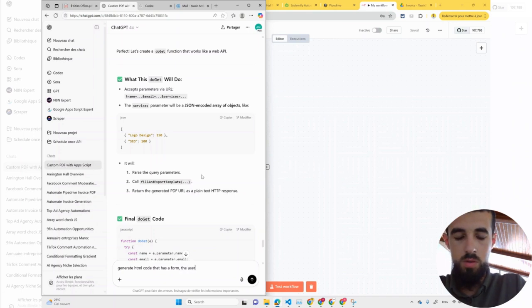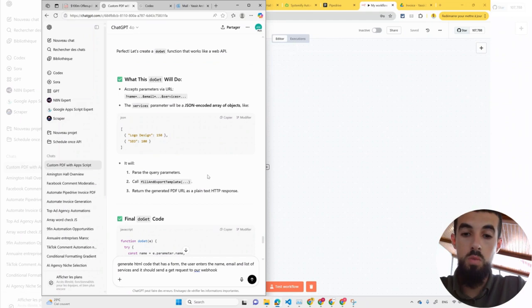The user enters the name, email, and list of services, and it should send a GET request to our webhook,